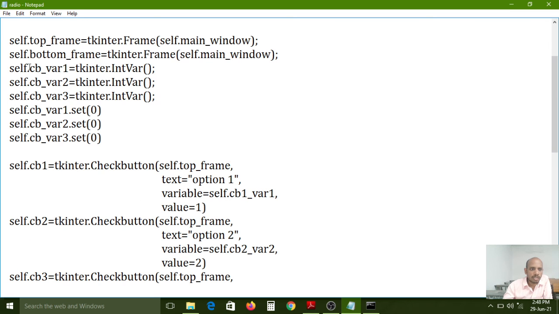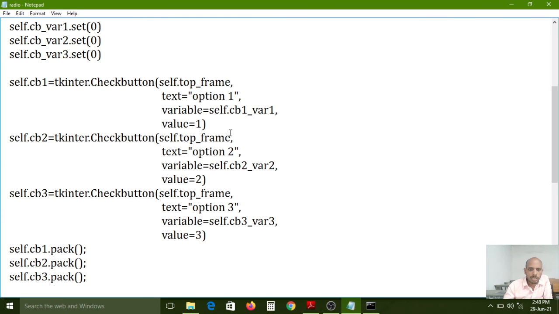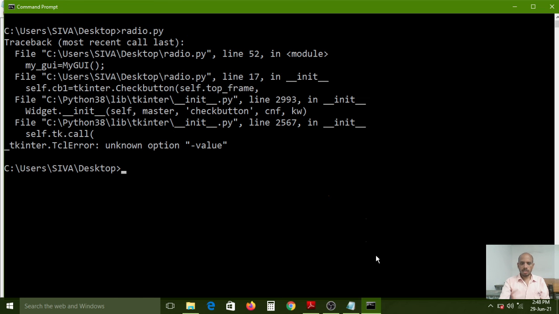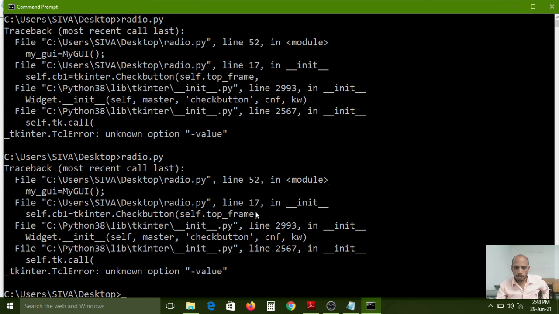Here we have created cb_var1, cb_var2, cb_var3, so same here we have already used var. cb2 not required, cb3 also not required. Self.cb option 1, option 2, option 3, comma, every syntax is right. Now I am saving this one and executing again. It is showing the same error.